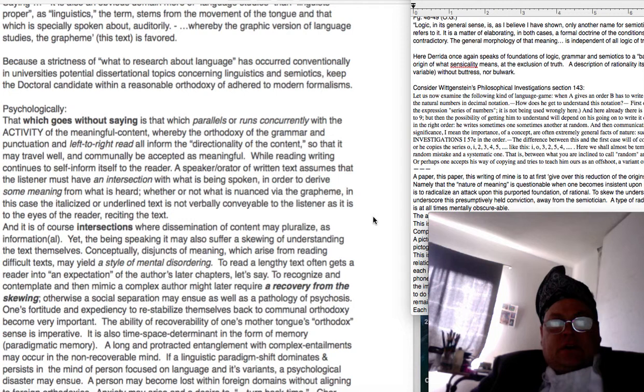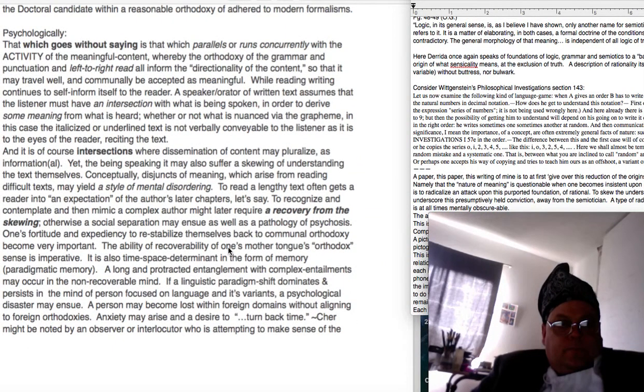Because the strictness of what is researched about language has occurred conventionally in universities, potential dissertational topics concerning linguistics and semiotics keep the doctoral candidate within a reasonable orthodoxy of adhered-to modern formalisms. Psychologically, that which goes without saying is that which parallels or runs concurrently with the activity of the meaningful content, whereby the orthodoxy of the grammar and punctuation and left-to-right reading all informs the directionality of the content,